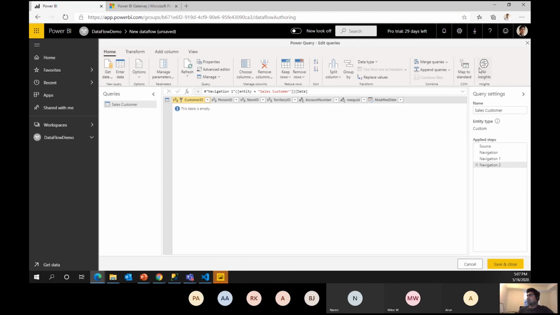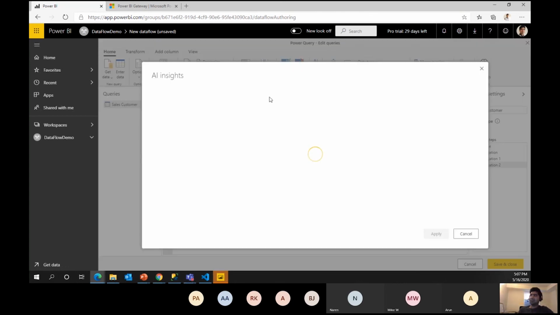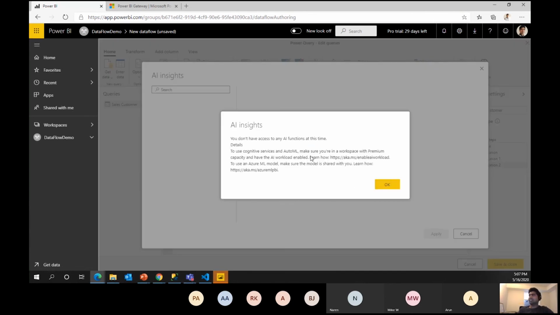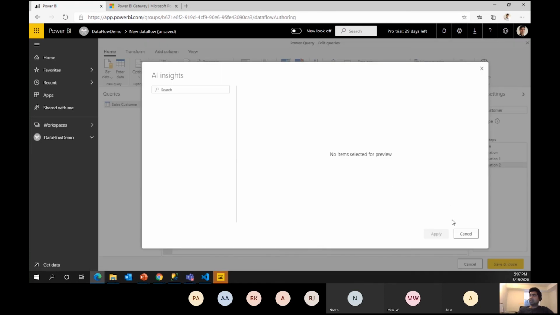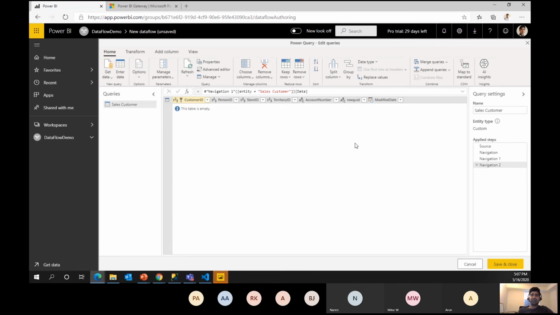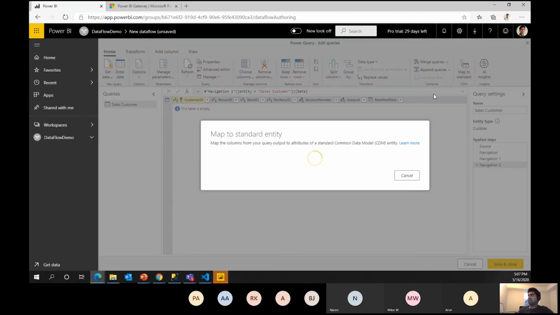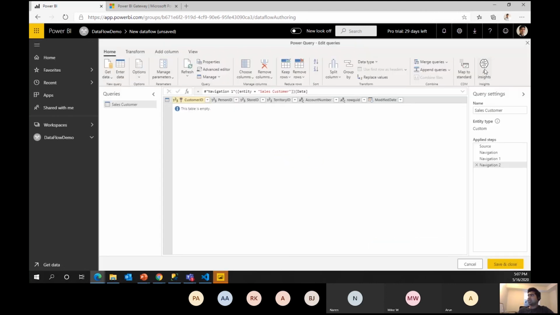There is one more thing which is related to AI insights. So if you click on this, right now I don't have anything, so I can't demo you this one. But this is a feature which you can use to leverage ML, like Azure ML on top of this data. So that's how this data flow will be helpful. So you have this data and you can perform your ML operations on top of this, right? So you know all the transformations now, you know how to map it to CDM now, and then how you can leverage AI insights. So maybe I'll try to give this demo later, but this is the one you can save and close, and this is your linked entity.